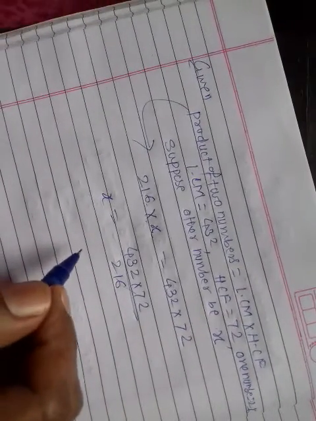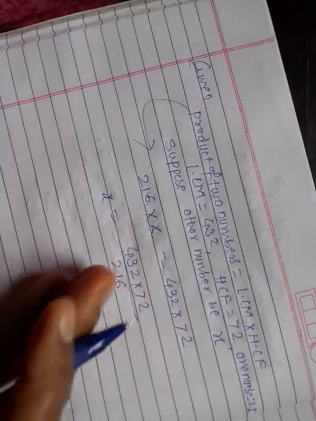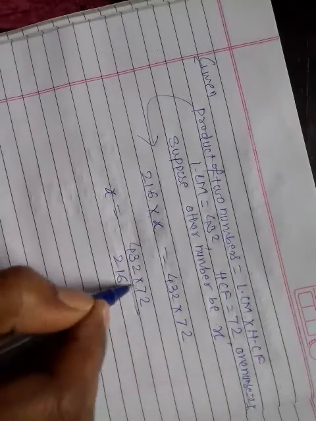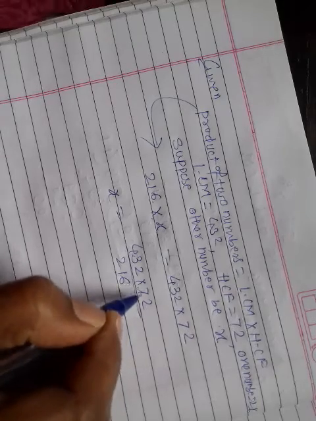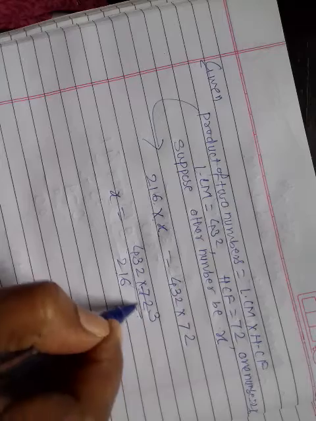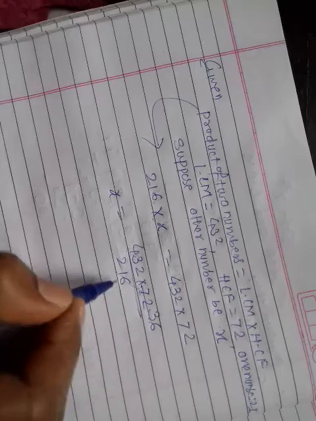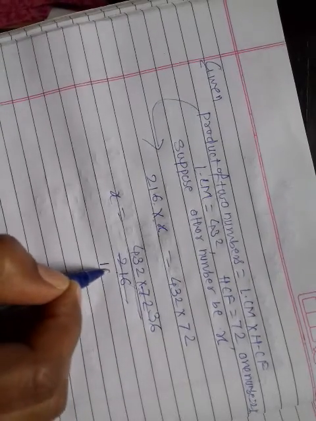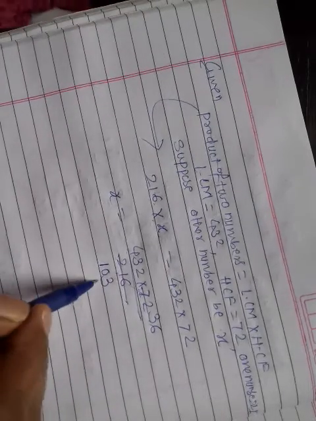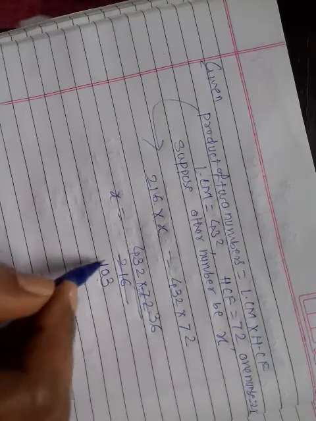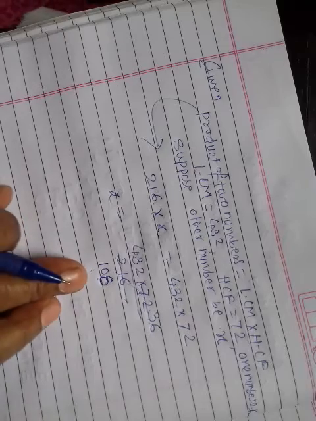Now you can do a cancellation. You are now in 7th standard, but you should know how to do the calculation easily. Okay. Now here these are even numbers, so it is easy. First I will divide by 2. 2 3s are 6 and 2 6s are 12. 72 when you divided, I am getting 36. Similarly 2 1s are 2, then 0, and 2 3s are 6. 2 8s are 16. 108.